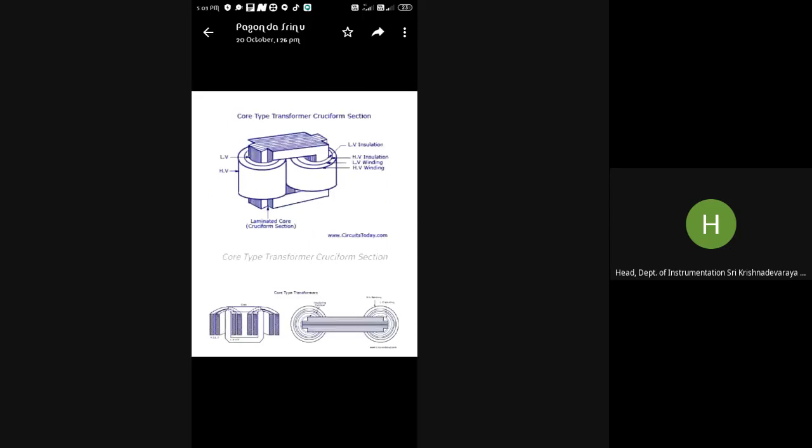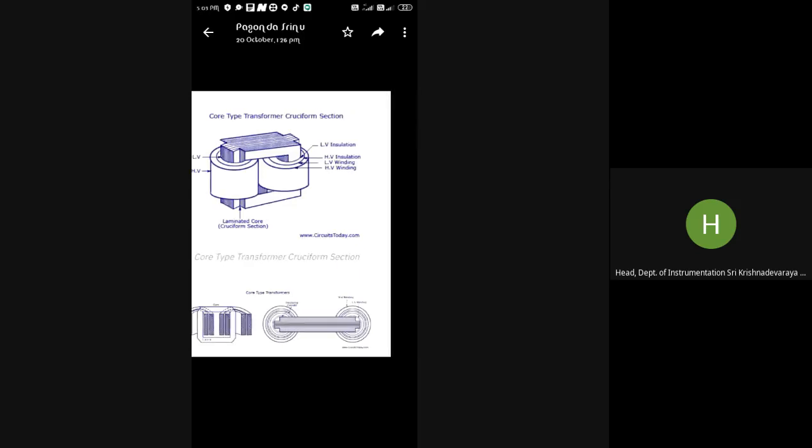The core type transformer, on the basis of construction. In a core type transformer, the windings are cylindrical formers mounted on the core limbs. As shown in the figure above, the cylindrical coil has different layers and each layer is insulated from the others. Materials like paper, cloth or mica can be used for insulation. Low voltage windings are placed near the core, as they are easier to install.